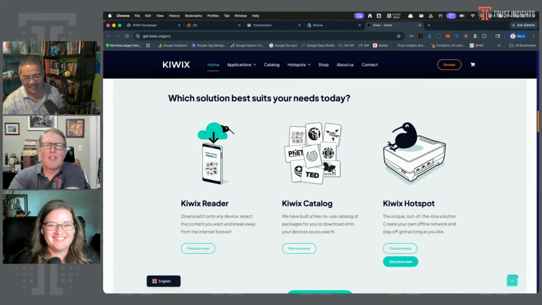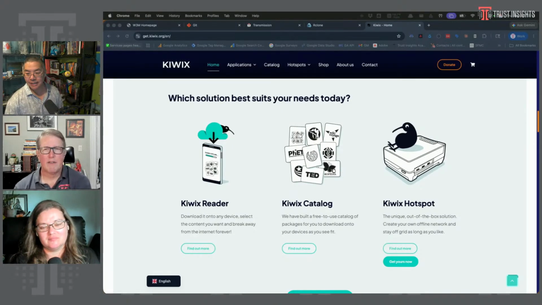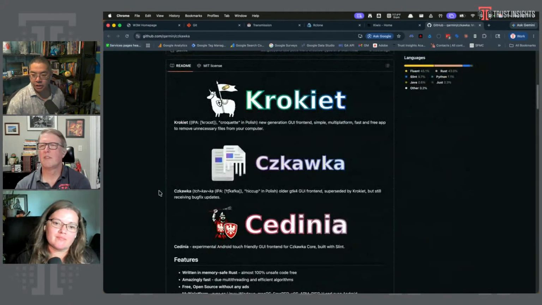But how about, so it looks like it has packages already, but if you just want to grab all the TED Talks, it can do that. So does the UI, it can handle, is it all HTML, or are there other things that it can handle? It's HTML and ebooks. It's all ebooks. Okay. Yep.